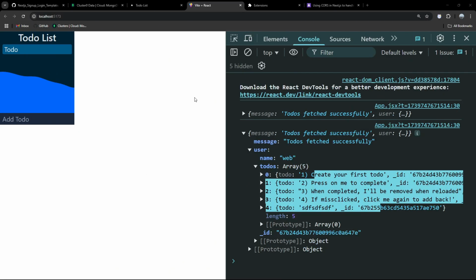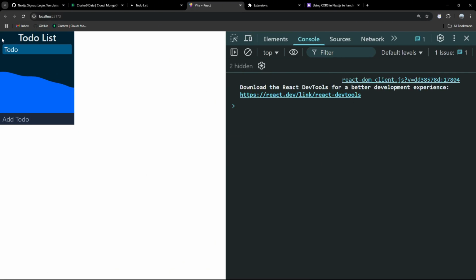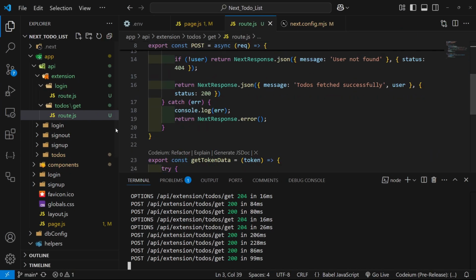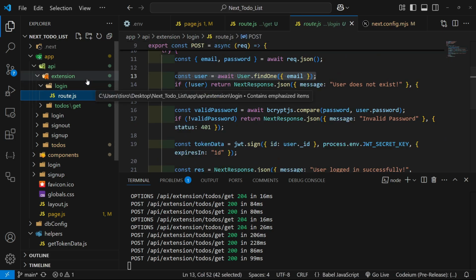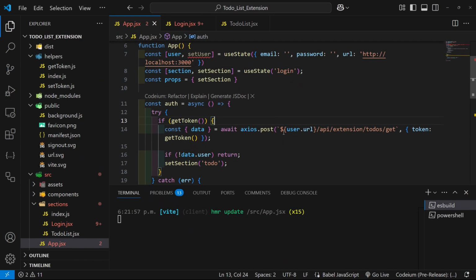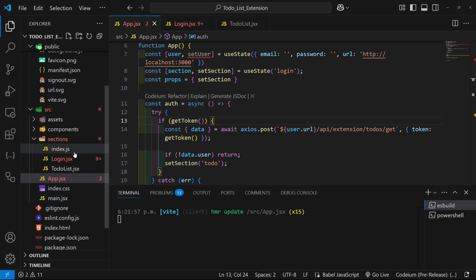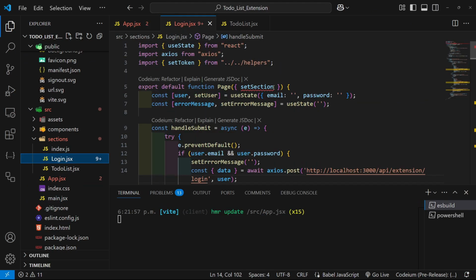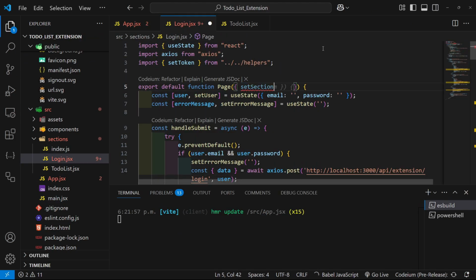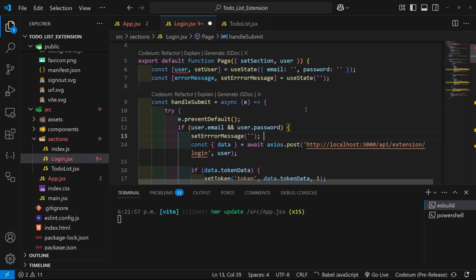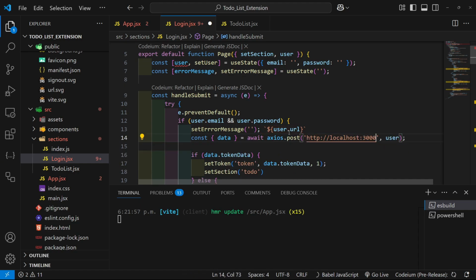So let's refresh everything. And we're not going to be getting the console log because we're not asking for it, but we can see that we are in the to-dos. So that means that it worked, which means we can do the same inside of the login. So we have to go back to the extension, go to login. And here we are going to be getting our user. So section and then user, gonna write it in here, user.url, and then we're gonna be going to this API,